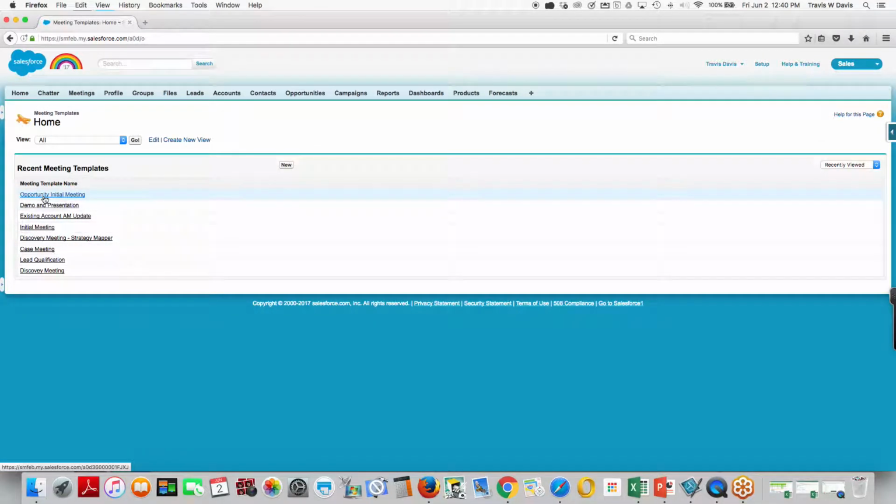And you can see right now that I have a bunch of templates that I've already created. You can clone a template if you like one and be able to reuse some of the information that you have. But I'm going to create one from scratch, show you how to create one all the way through. So I click on New,